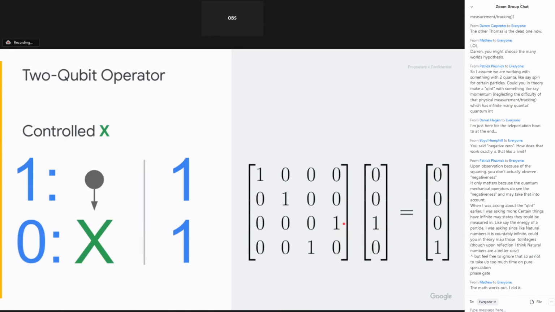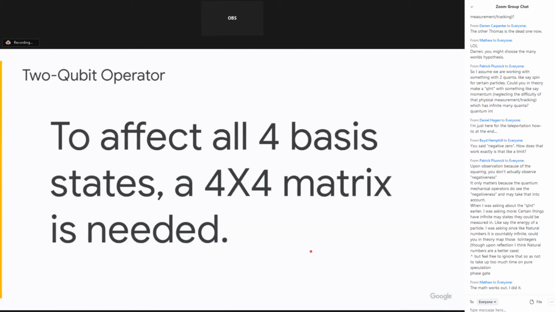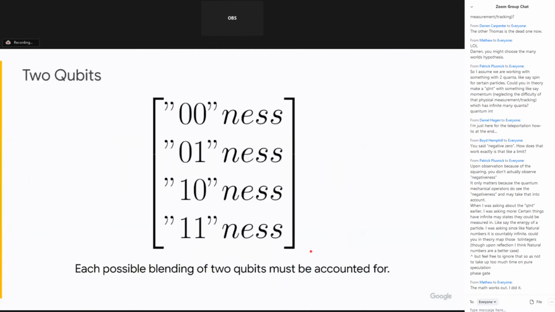Easy peasy. If you want, I'm not sure how you see matrices, but sometimes I look at these like each row represents one of the basis vectors. And this is saying that it sends 0, 0-ness to 0, 0-ness. It sends 0, 1-ness to 0, 1-ness. And it sends 1, 0-ness to 1, 1-ness. What I'm appealing back to is